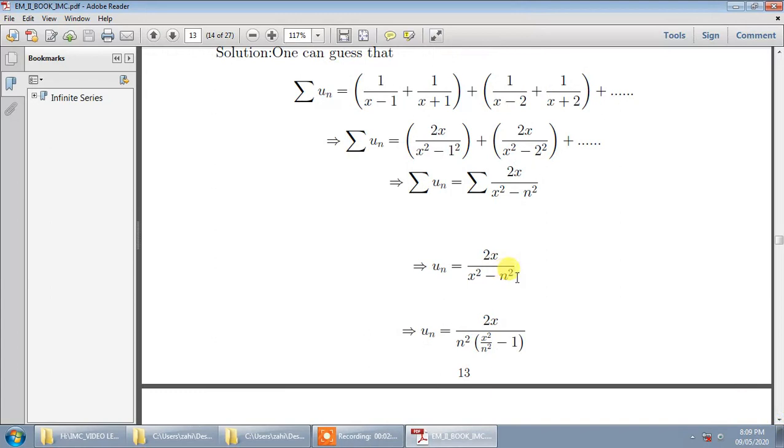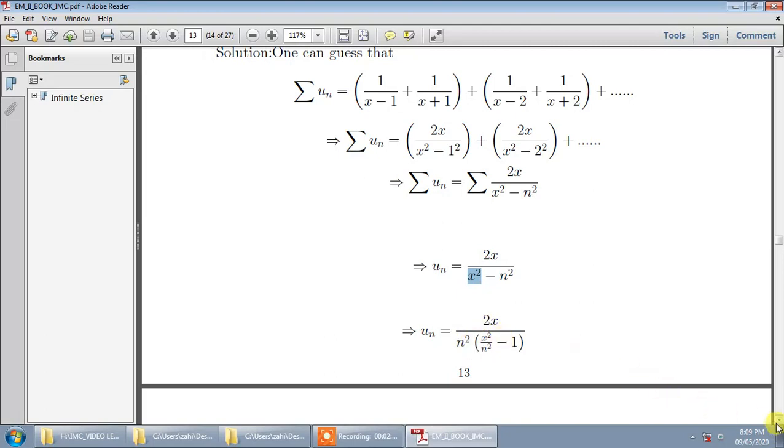Now let me take n square common. Still my variable is n. Okay, x is just a general variable, n is the variable of the series. Now if I take n square common, what I will be getting? 1 upon n square, 2x as it is, and x square divided by n square minus 1. So if I take n square common, here it will be 1, and here it will be x square divided by n square. Now intentionally let me call 1 upon n square as v, and note that if I put n equal to infinity here, anything divided by infinity gives you 0, so this becomes 0.